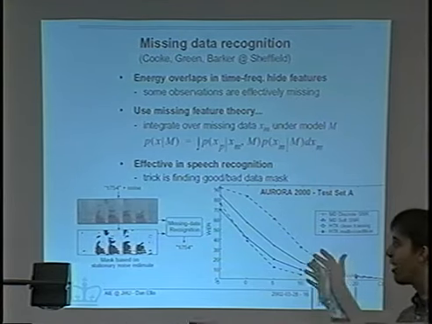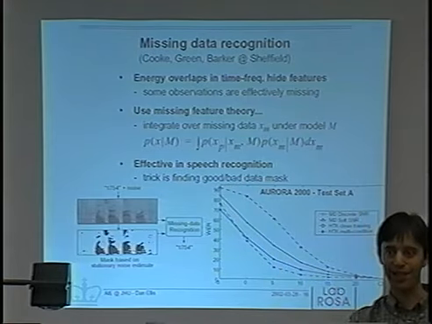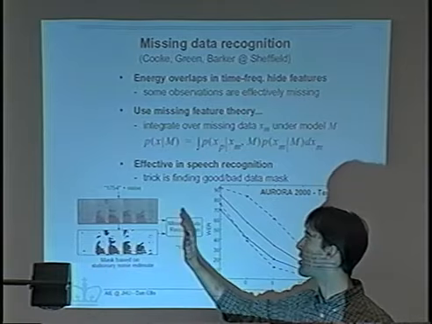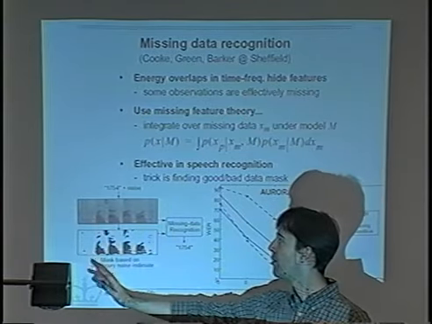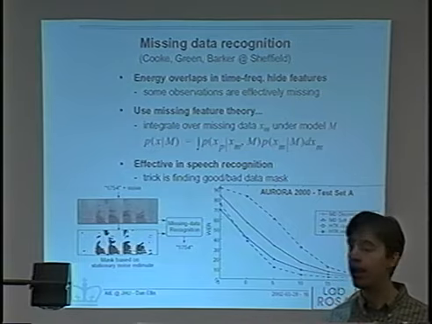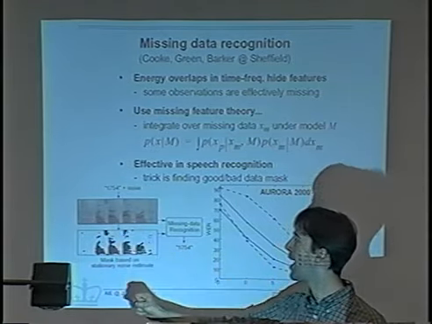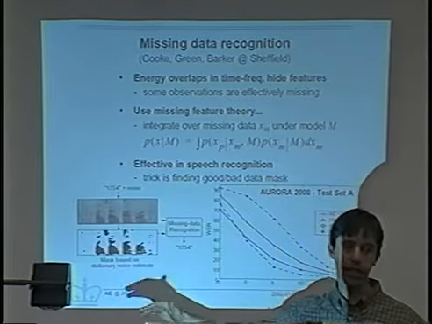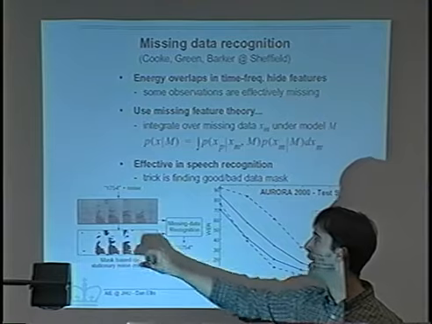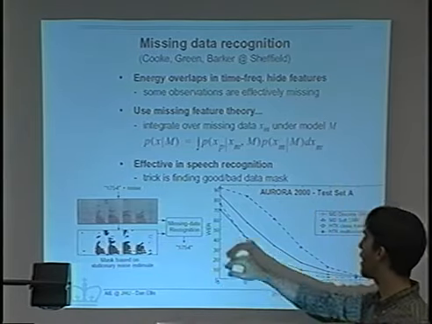But that's not practical, because there's a lot of information in knowing that these channels are true and these channels are not true. So what they do is just take a very simple noise floor mask. They look at the energy and try to figure out where the noise level is, assuming some kind of stationary background noise. And then wherever the energy in a channel is significantly higher than that, they'll say, okay, this is probably related to some signal. We'll use these as the present data masks. So it's a pretty simple scheme. You can end up with one of these masks, evaluated without cheating, and do the recognition like that.